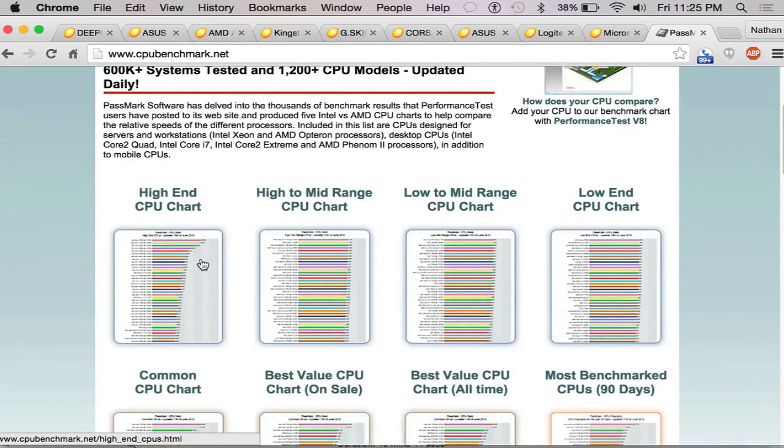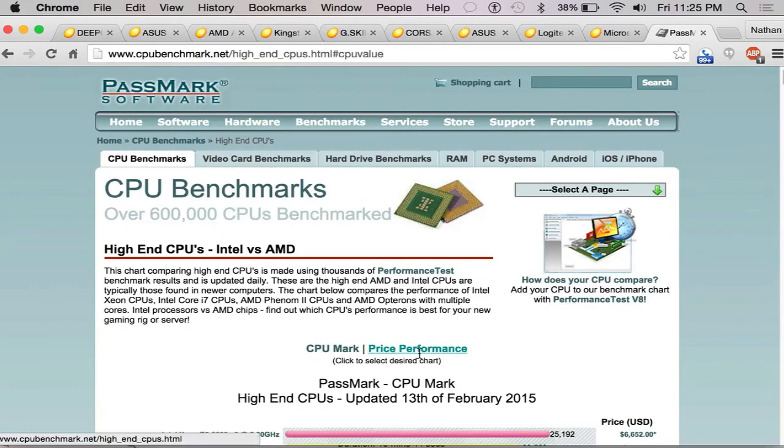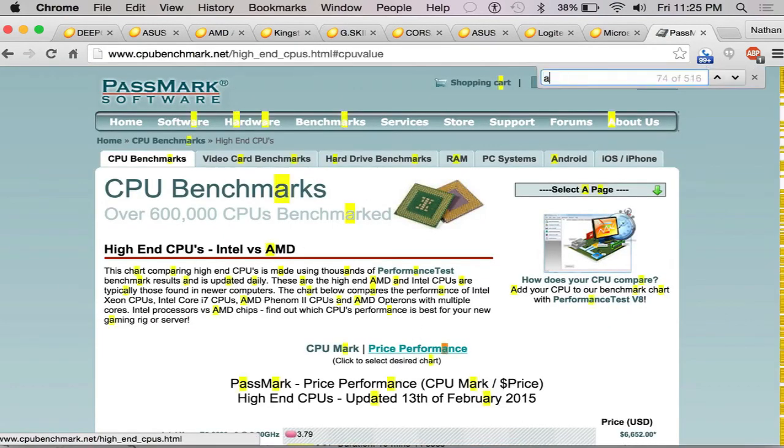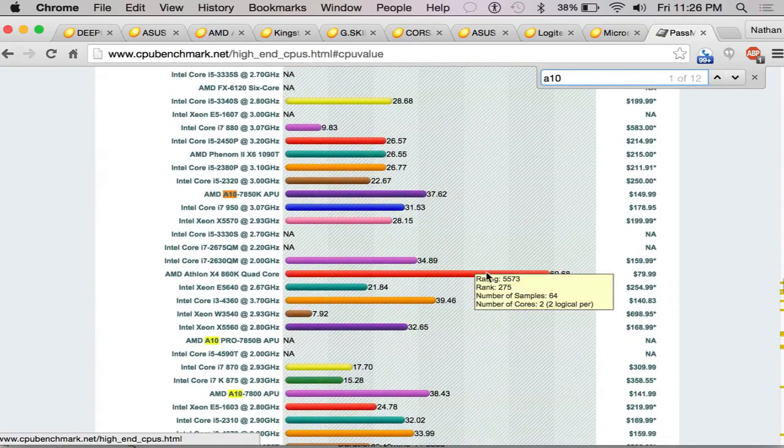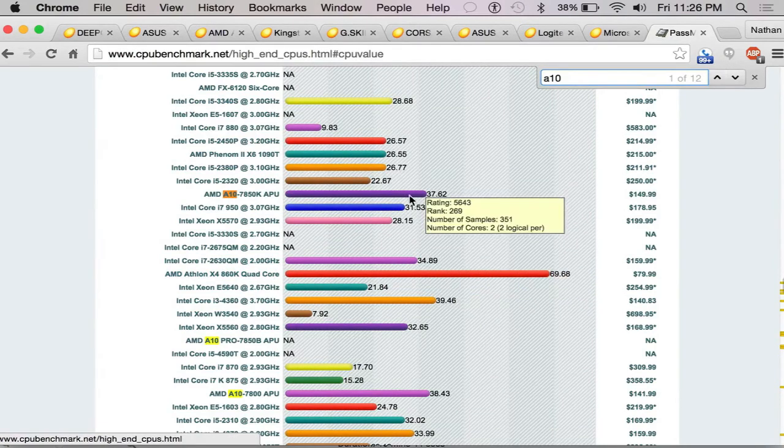And if we go to the high-end CPU chart, go to price performance, and we'll search A10. There she is, the 7850K. So it's close to 40 on the scale of dollar to performance. That's pretty decent. You know, we might want something a bit higher, like this X4 860K. But because we sort of chose the motherboard first, we're sort of backed into a corner to have